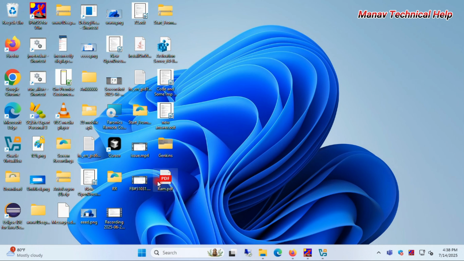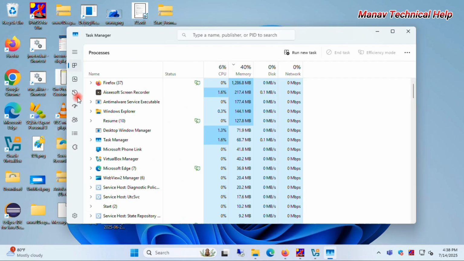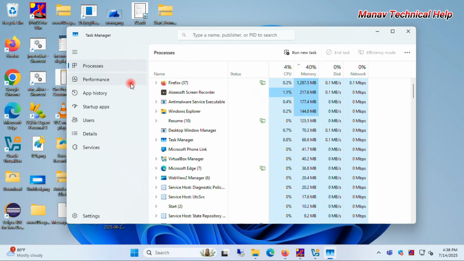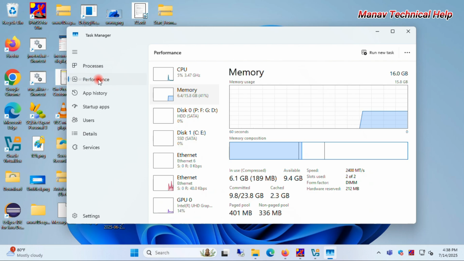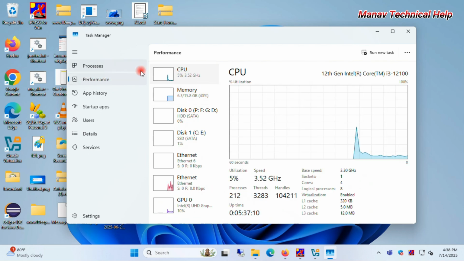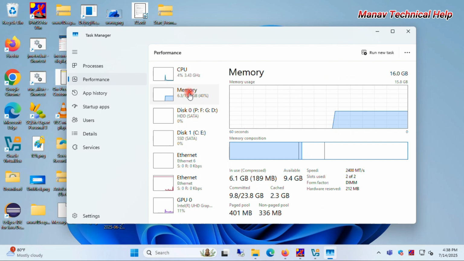Right click on the taskbar and after that click the Task Manager option. After that, click on these three lines and then click the Performance option. On the right side you can see more options. Click the Memory option, and you can see here your Windows RAM size is 16 GB and there are